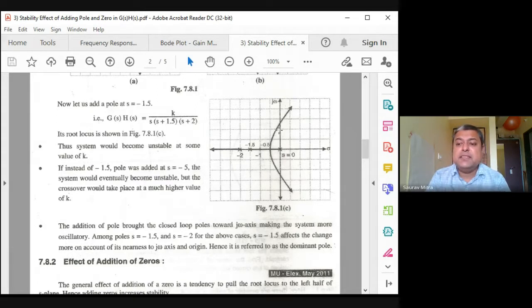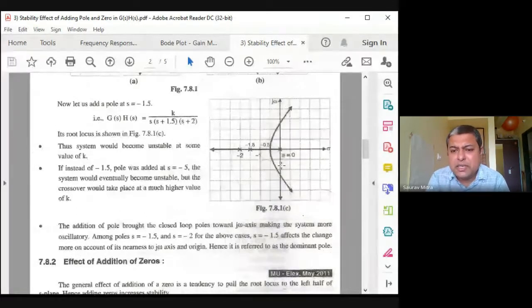As soon as you add the zero, you will find that the root locus which was there for the 4 pole system on the right side will vanish, and then it will look like this. On the left side, there will be a pole zero couple, and you can find all those things out. So for the 4 pole and 1 zero system, you have to draw the root locus in MATLAB, and accordingly type the result, and submit it as one part of experiment number 7b.